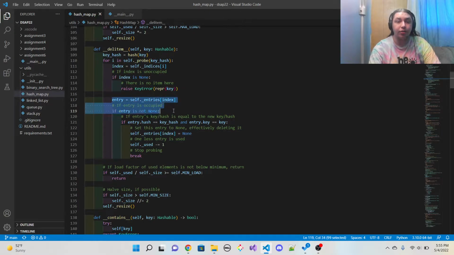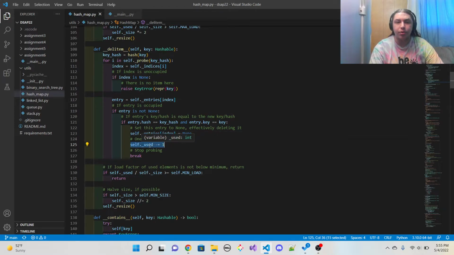And if we do find it, then we set that entry to none. Now note that we do not actually remove that entry from the entries list, because there might be entries after it in the list, and their indices would be thrown all out of whack if we actually just removed that from the list. So we set it to none, and we